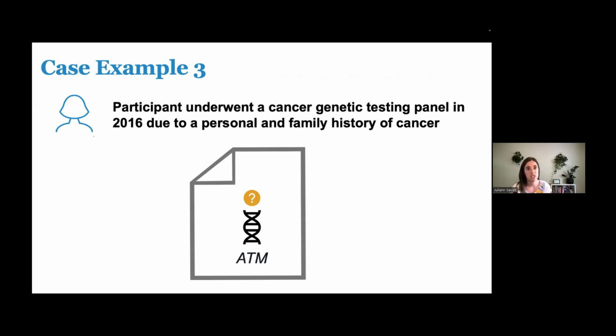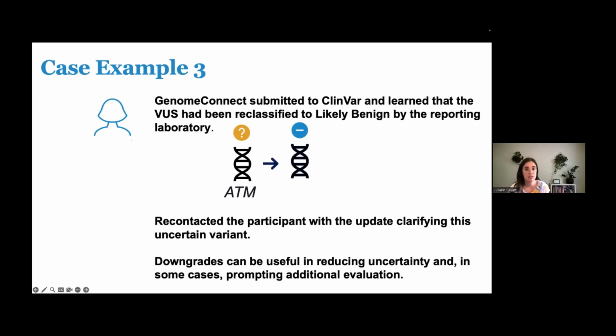The ATM gene is tied to increased risk for breast and pancreatic and other cancers, but this specific genetic change the lab didn't know enough about to say whether it would impact cancer risk. We submitted this genetic change to ClinVar, and in doing so, compared to the other submitters, saw that the reporting lab had downgraded the variant to likely benign,